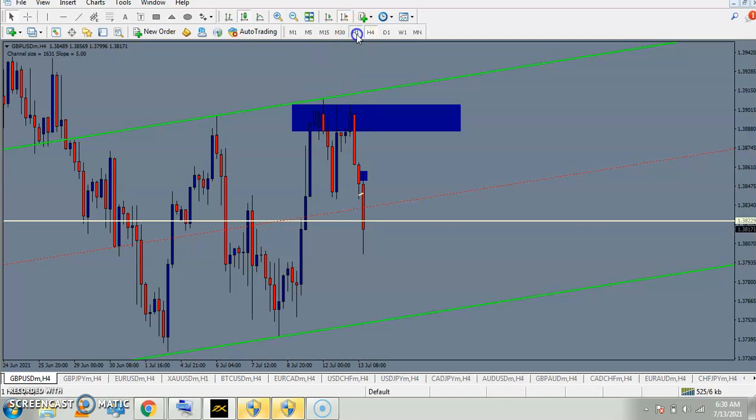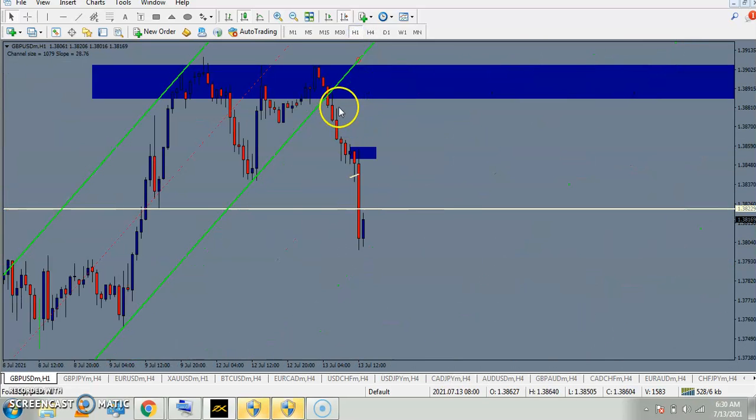I came to my H1 chart. If you look at the H1 chart, we had the same thing, okay? The same thing. Double top. Price is hitting it twice. Okay, let me give you guys a secret. If this is a double top,